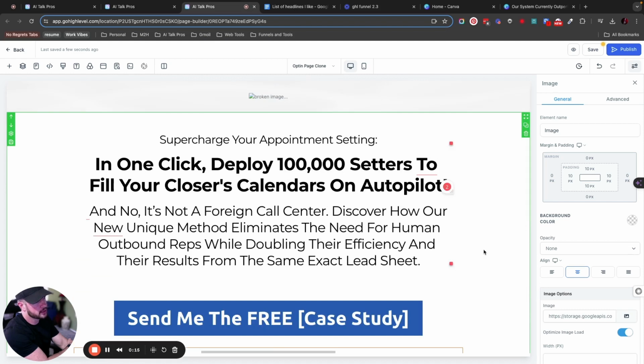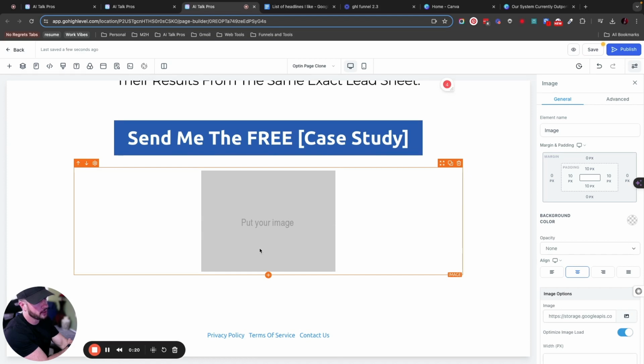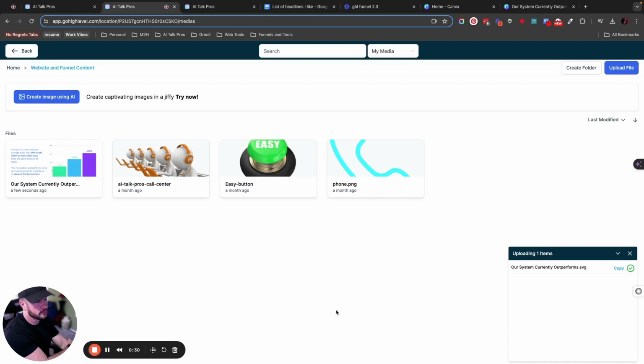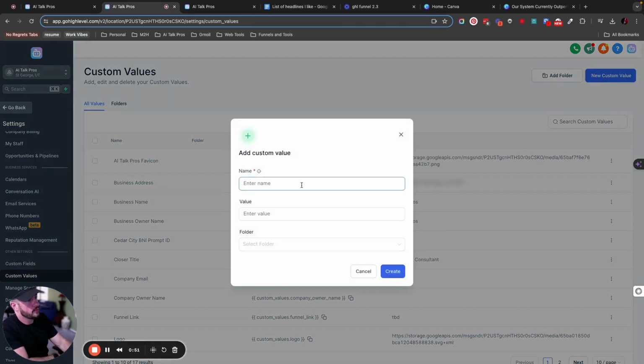If I want to use this template in the future and swap out images, the best way to do this is probably with custom values. So I will create a custom value for the image and then put it here. So let's go over just one moment. All right, so we're in our images, and I've made a website and funnel content type of folder here. So we're going to click on this, get link, and then we're going to jump over into our custom values. All right, so now in custom values, we create a new one, and I'm just going to call it